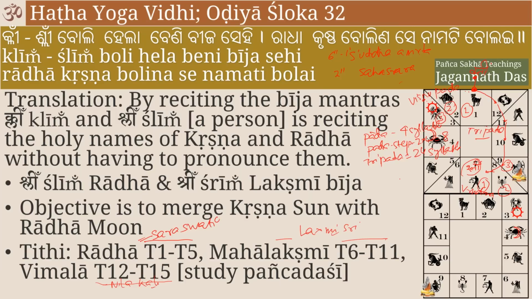Jagannath Puri is Meena Rashi. Tula Rashi is Vrindavana and Puri is Meena Rashi. These are places which we call the Tirtha Mahatmya, the greatness of each Tirtha of Lord Krishna. When we talk of Shri Krishna, Vrindavana is Tula and Meena Rashi is Puri, which is in Odisha. Now, where is the third step ending? The third step is ending over here, where the Gopi or the Gopa are sitting in Dhanu Rashi.